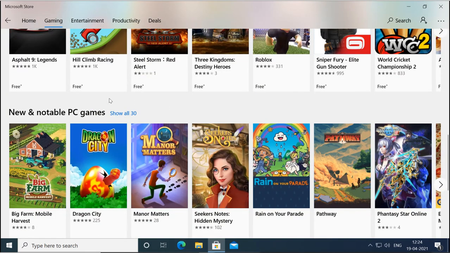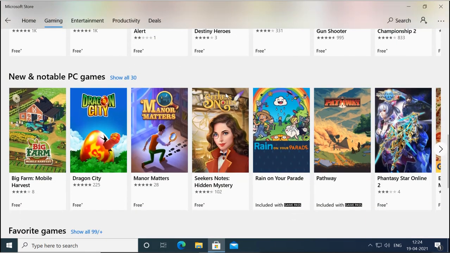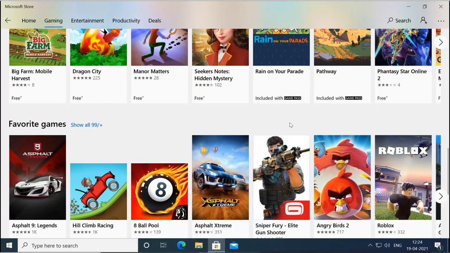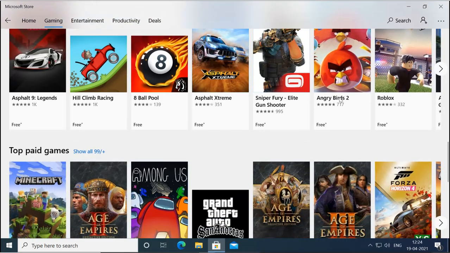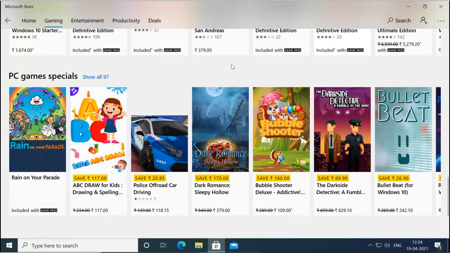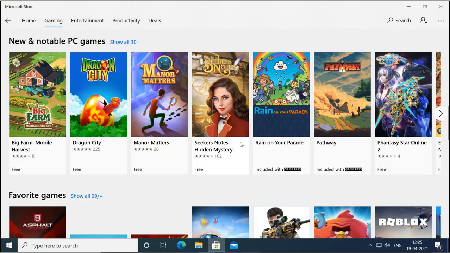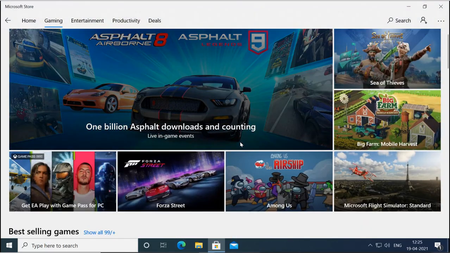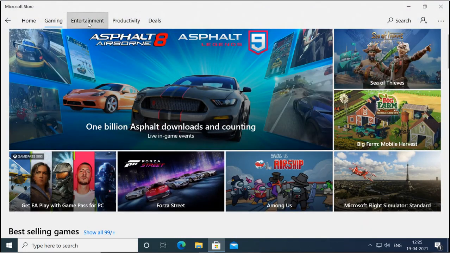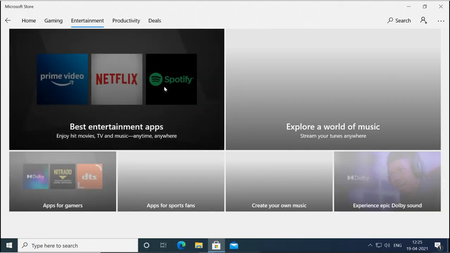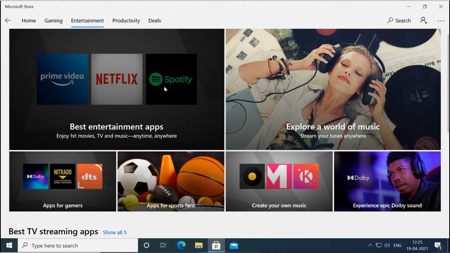You can see some of them are free, and some of them need some charges, like this one needs some charges, and these also have charges. So some of the games are free, some are not free. You can check the entertainment section.